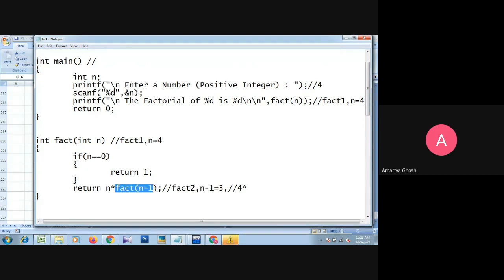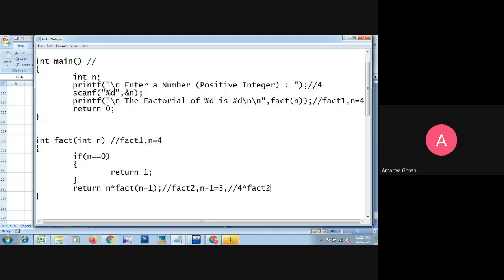Whatever this function is calling here, whatever that function is returning, after that the equation will be completed. So here the fact function 2 only. Now we have to check what fact function 2 is returning, but this function is not completed here.